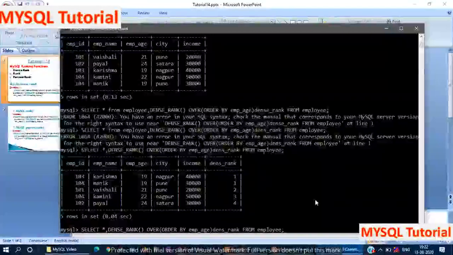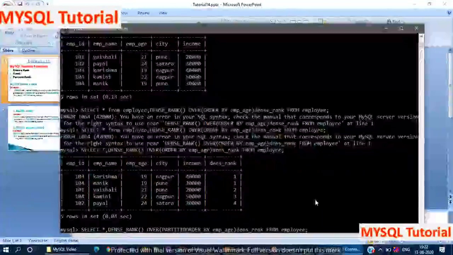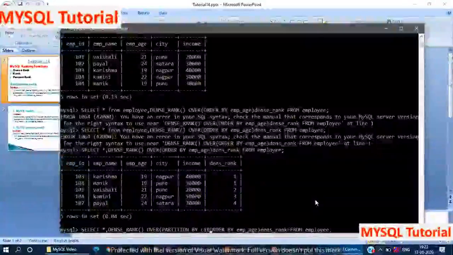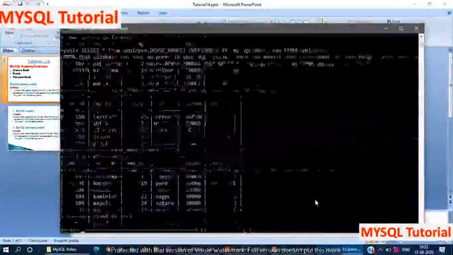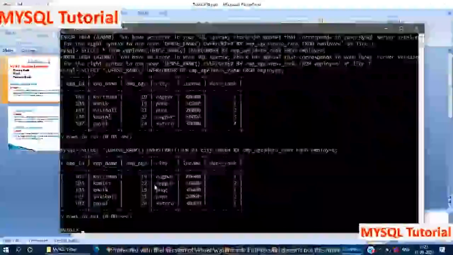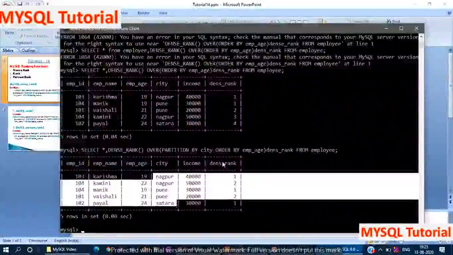We again use partition. Here you can see PARTITION BY, give any column name here. Here I give city. Here you can see what output we got. By using city, it specified the dense rank.